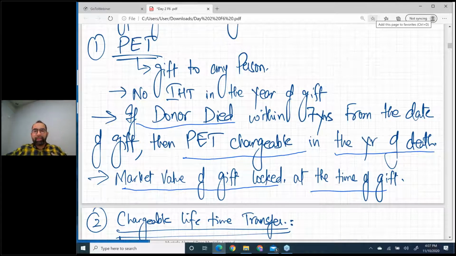Listen, for example, I'm a daddy and I have three assets, and I have to gift only one asset. So I must choose that asset whose market value is about to increase very high. In that case, I'll transfer that asset and lock the market value of the asset whose value is going to increase in future, right? Okay, right? Now, my dear students,